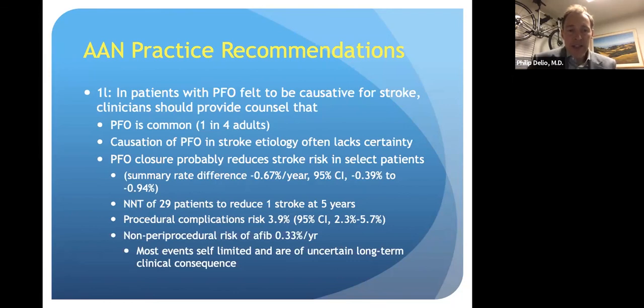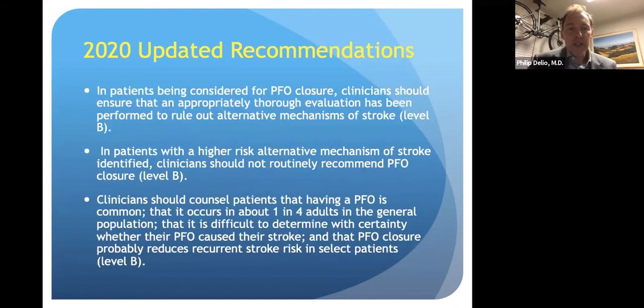And again, it's these same rates that we discussed. The number needed to treat is 29 patients to reduce 1 stroke at 5 years. The procedural complication risk is 3.9%. The non-peri-procedural risk of AFib is 0.33% per year. And most of those AFib events, you can reassure patients undergoing closure, are self-limited and are of uncertain long-term clinical consequences. These are, again, more of the 2020 updated recommendations from the American Academy of Neurology, that in patients being